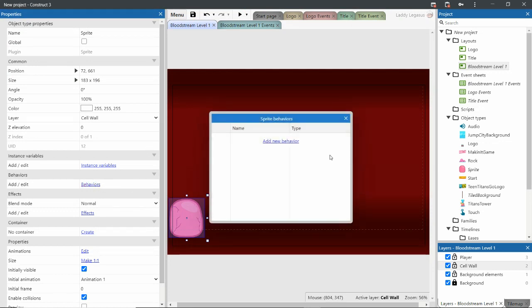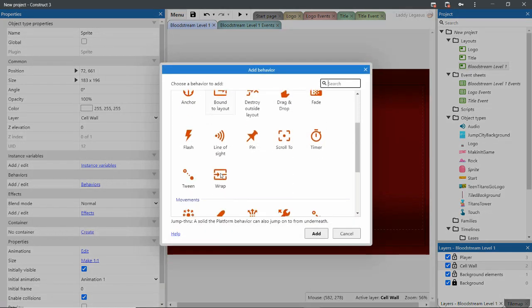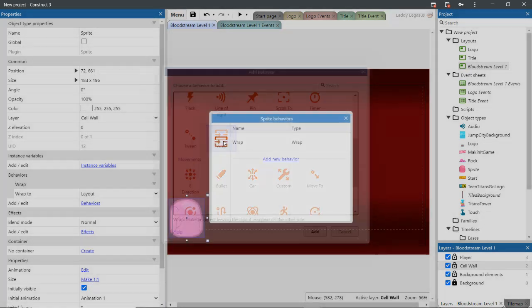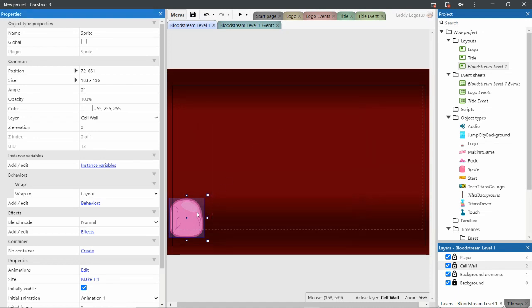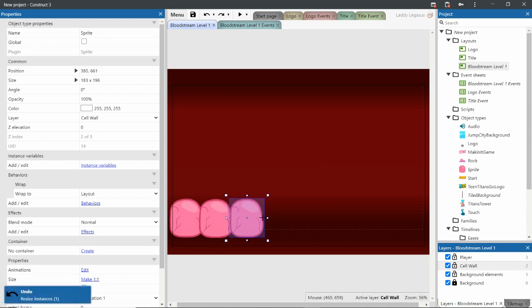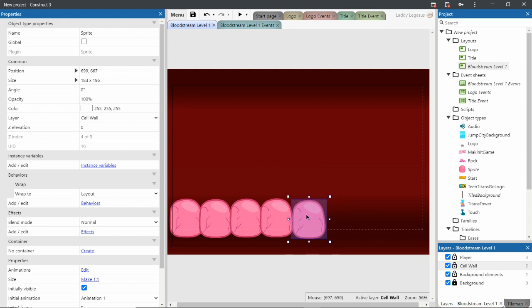So basically, what I'm doing now is setting up a sort of base for everything. I could then just copy and paste, and then just use color swap. So Robin, since he's just a regular human, he'd have what you might expect to find, cells and red blood and all that. And for Raven, I might make the cells grayish, or for Starfire, they'd be orange. Beast Boy green. Cyborg would probably have some metal components in there, and